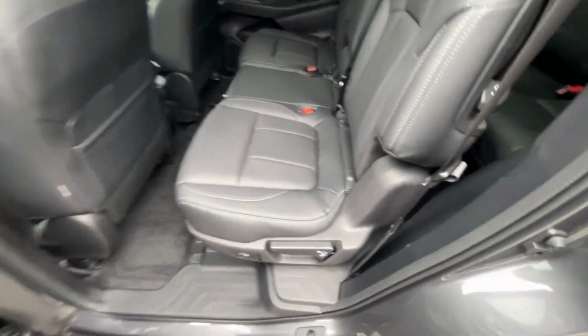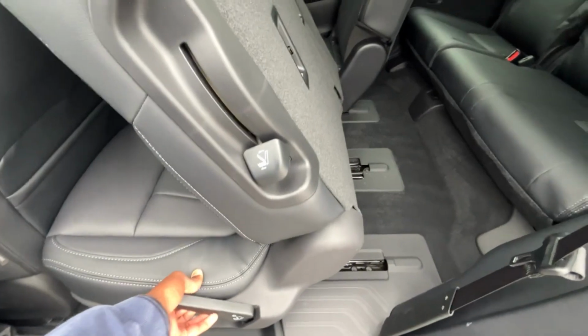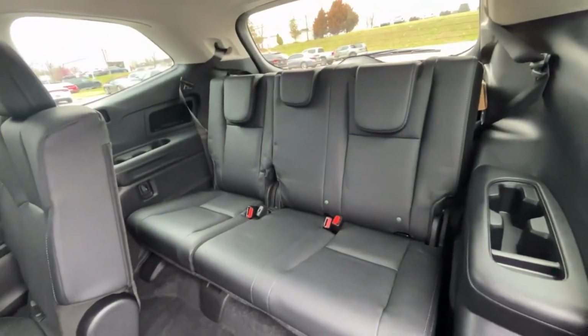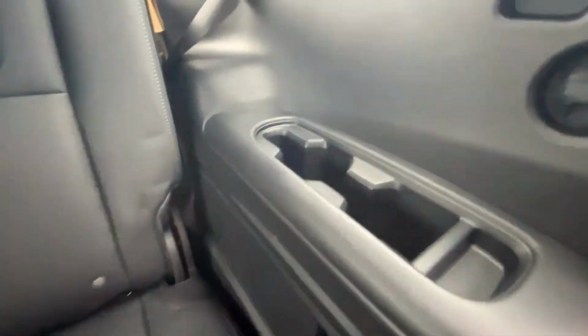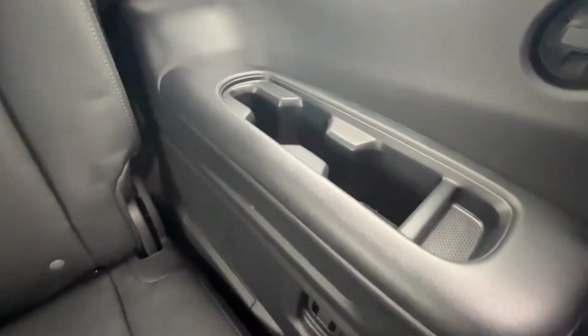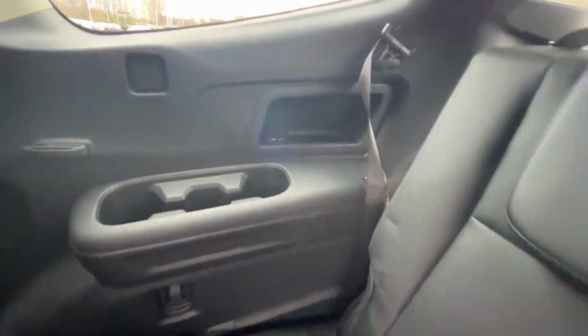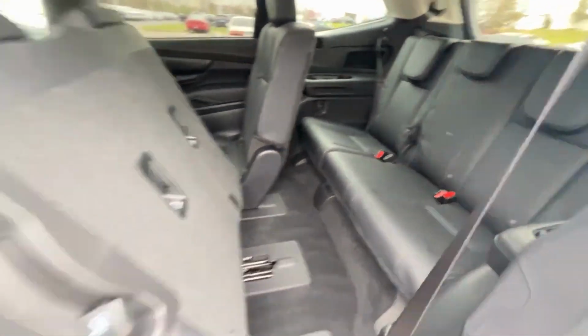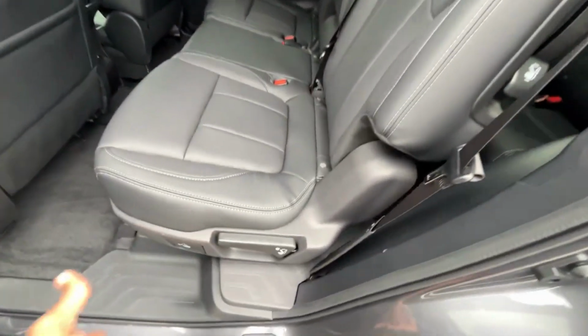Now before I sit in the seat, if you want to get to the third row here, it's easiest to just pull here, and then you can step back there, and then there's a third row. And still pretty good sized room here. We do have a couple cup holders on either side, and then the USB ports are hidden over there. I'll see if I can get to those in a minute. And then it's just easy to put it back into place,